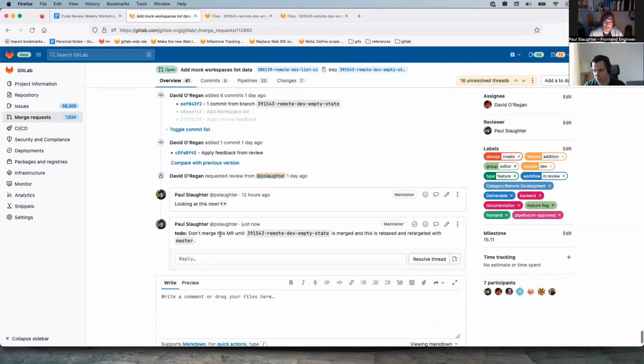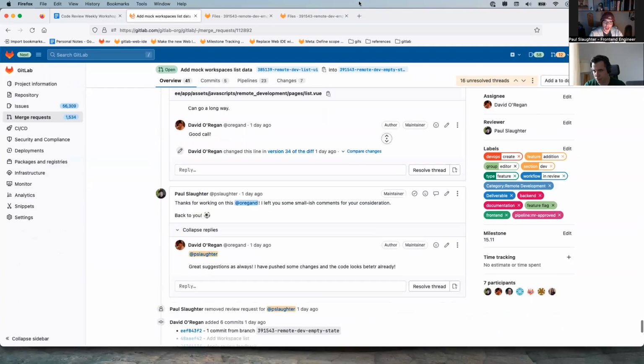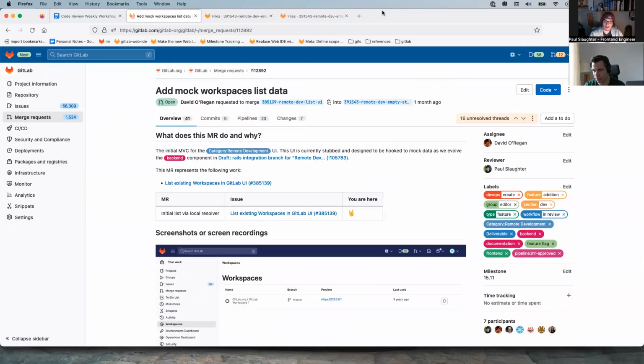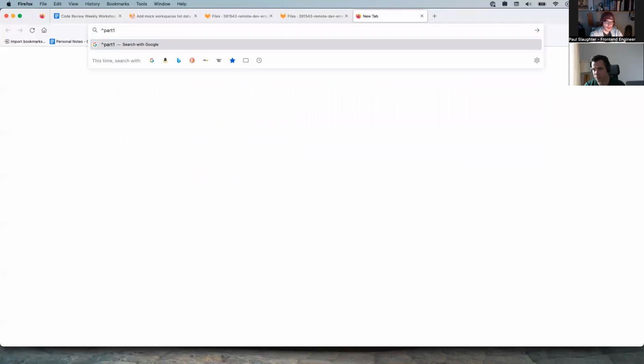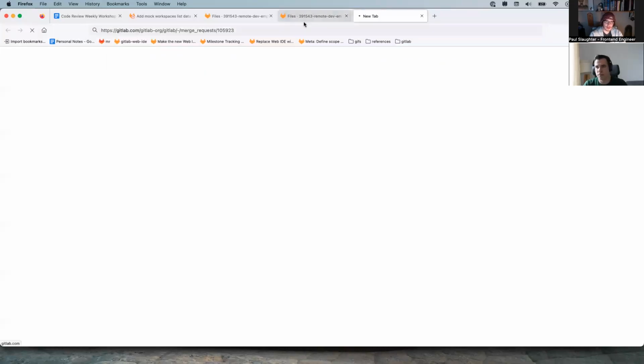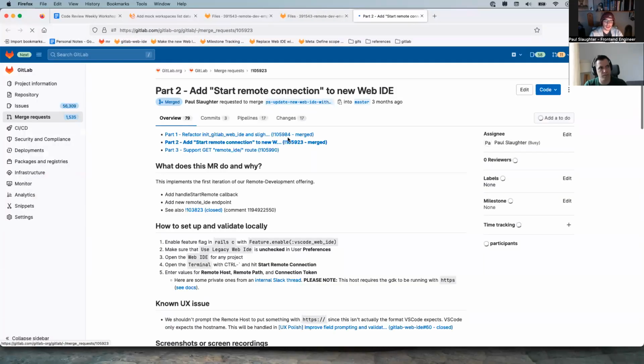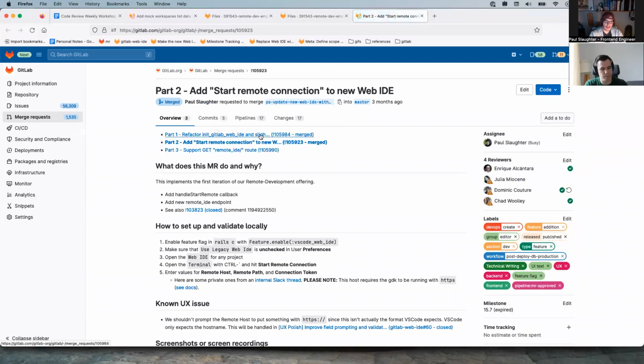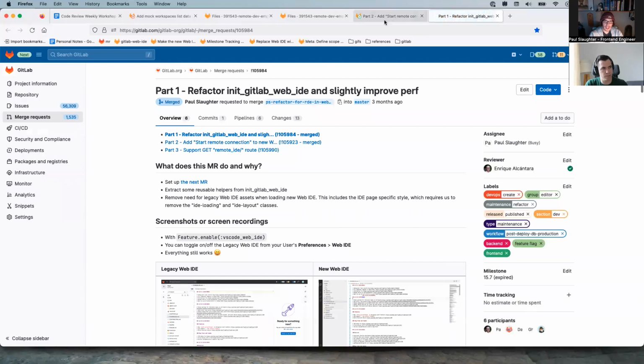As the MR author that sets up a chain of these MRs, let me see if I can just find an example. This is probably an example. So I have my part 1 MR, and then part 2 points to the part 1 branch, part 3 points to the part 2 branch.